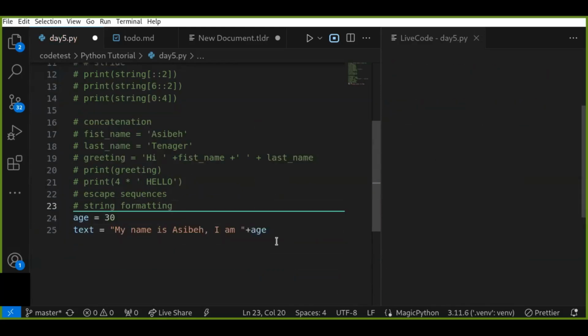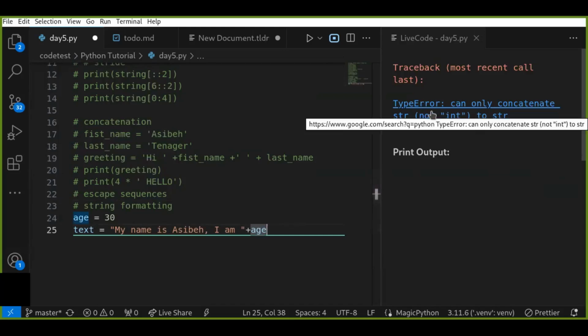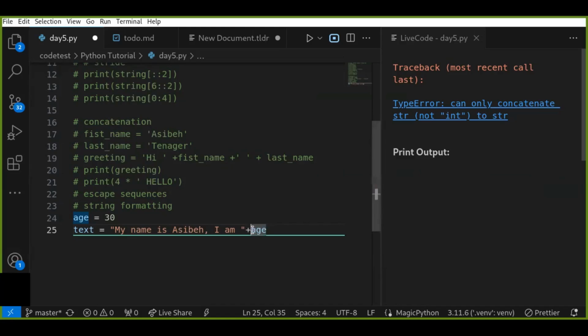See? This is a type error: can only concatenate strings, not integer, because the age variable contains an integer and you can't concatenate strings and integers together. So in this case, we can use